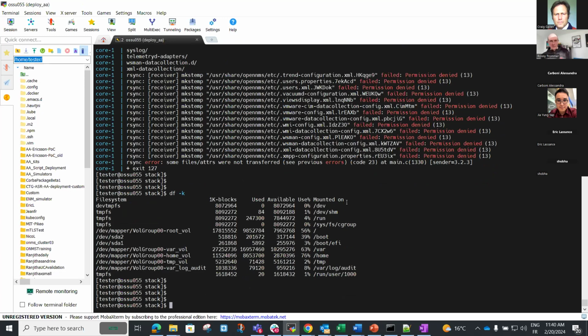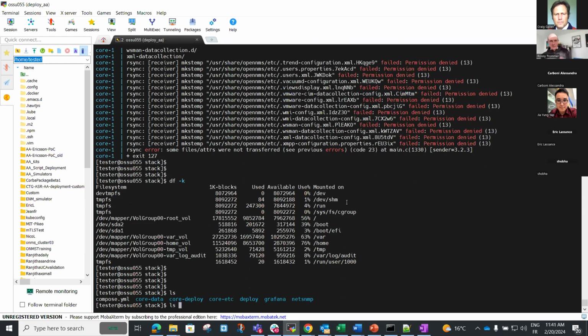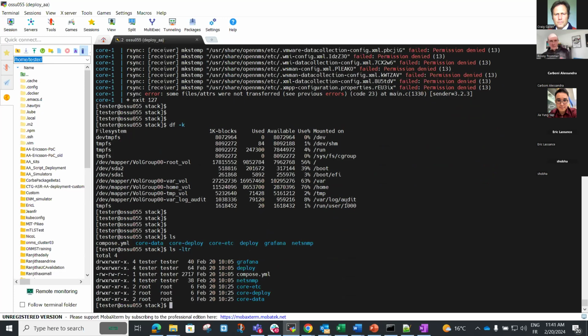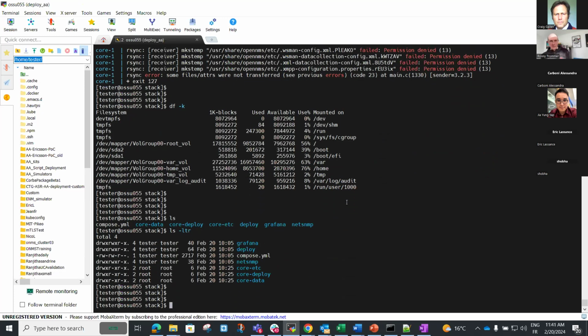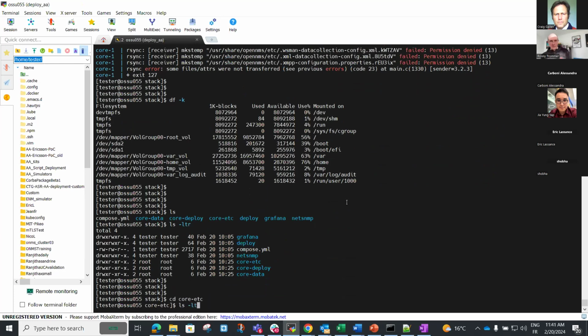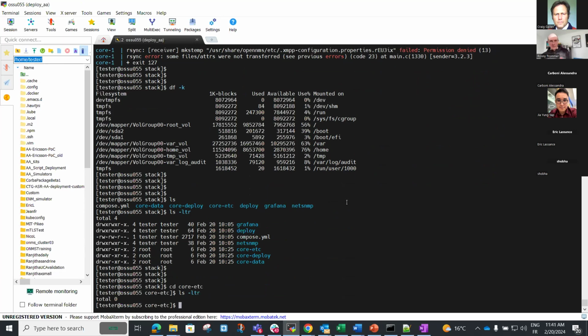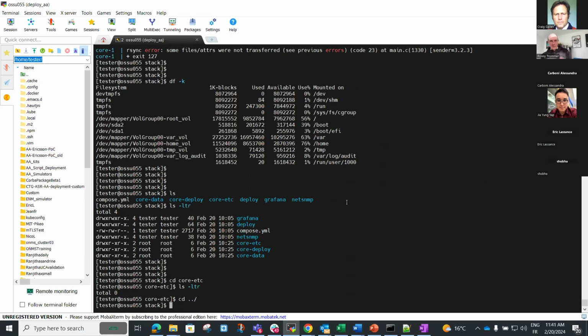How can I fix that? How can I check? Just do an ls in your etc directory, core etc. You have to make it owned by 10001. All the files in there need to be. That's the reason why it cannot create any files there, because the core etc directory is owned by root.